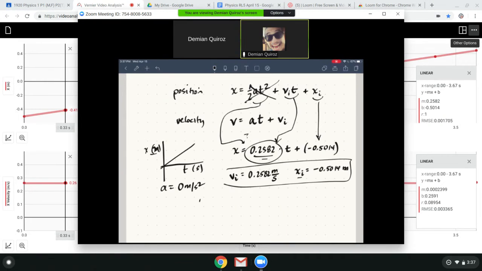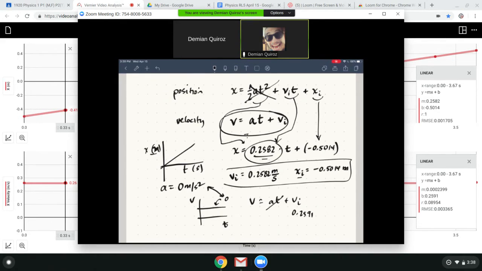So I have a velocity graph that looks like this. The slope of that is 0, isn't it? That's the same thing. So I'm also looking at this model, and it says velocity equals acceleration times time plus initial. Well, acceleration is 0.000, yeah, it's pretty much 0. That goes away. And then